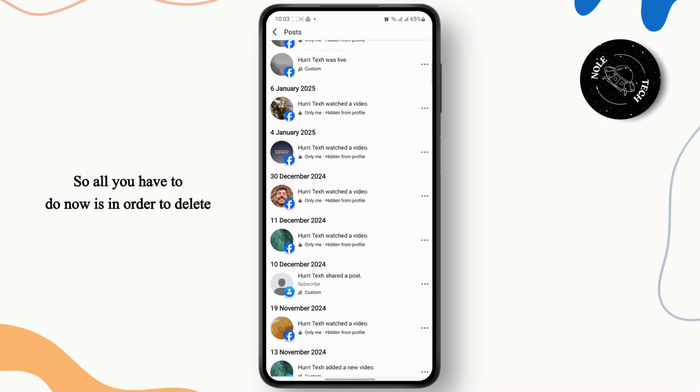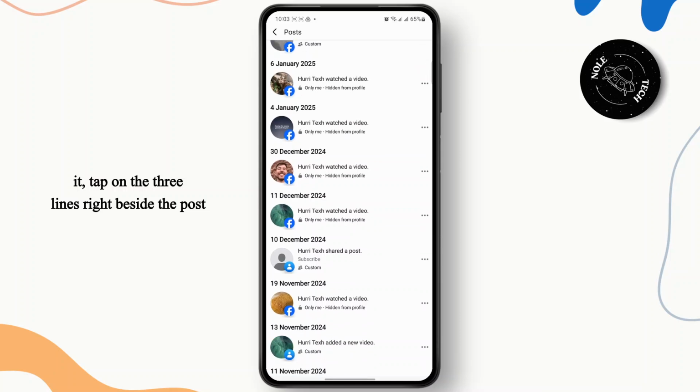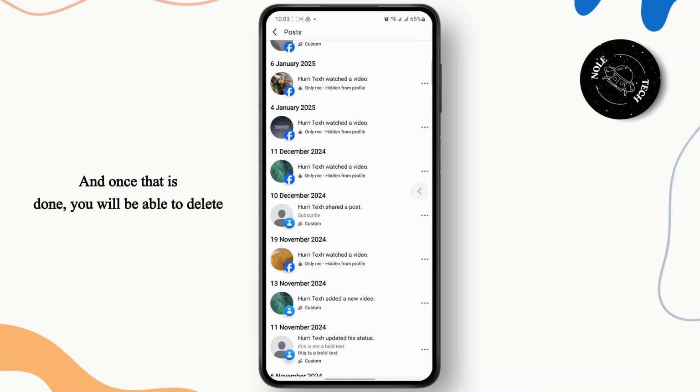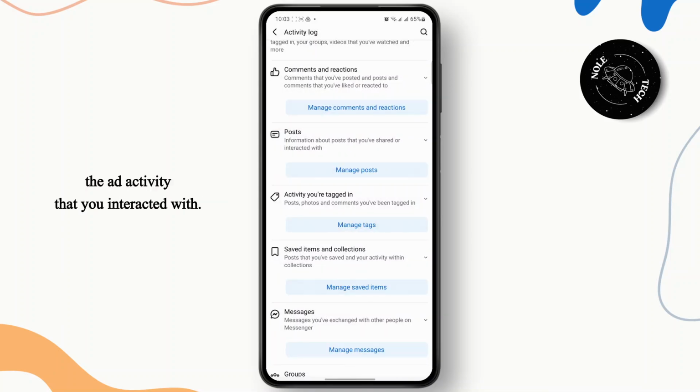So all you have to do now, in order to delete it, is tap on the three lines right beside the post, and then from here click on delete. And once that is done, you will be able to delete the ad activity that you